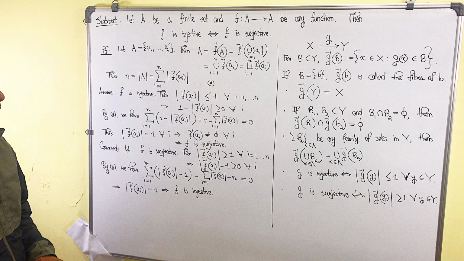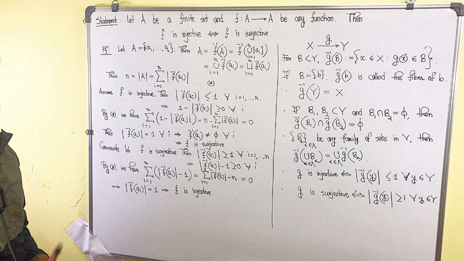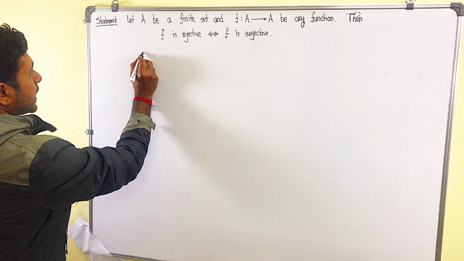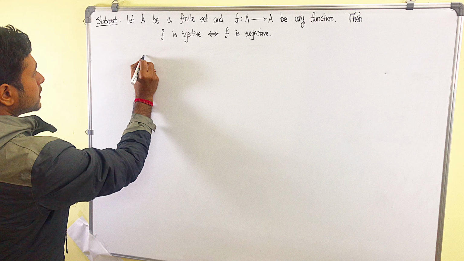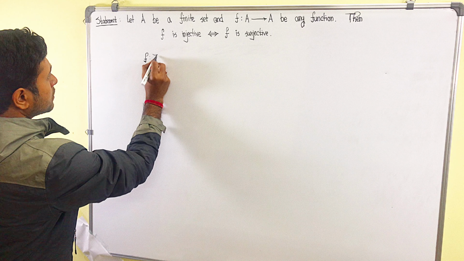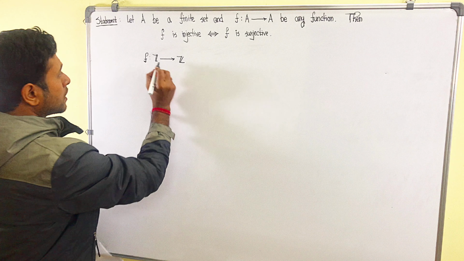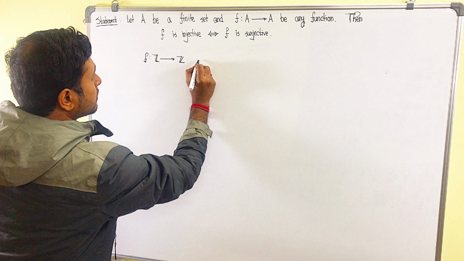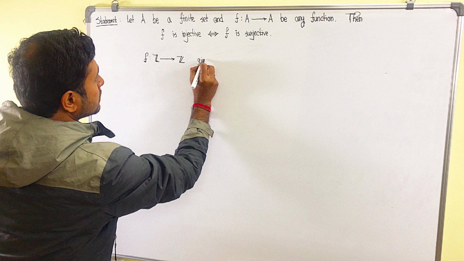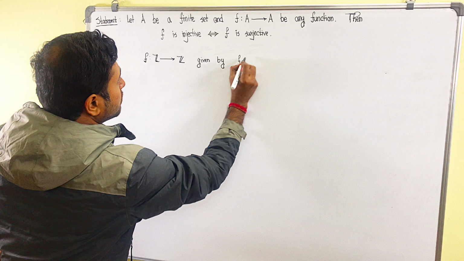Okay. Now we'll see that this result is not true unless A is finite. So let's have some examples. Let's take A to be Z and we define this function f from the set of integers to the set of integers defined by f of x equals